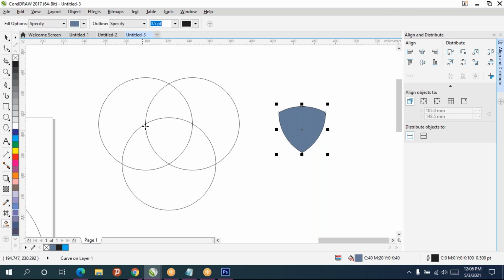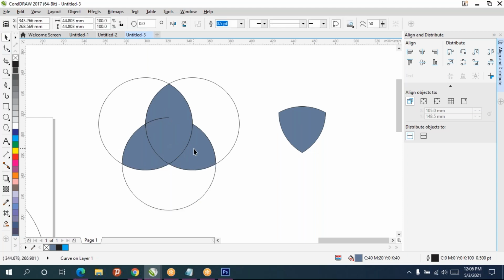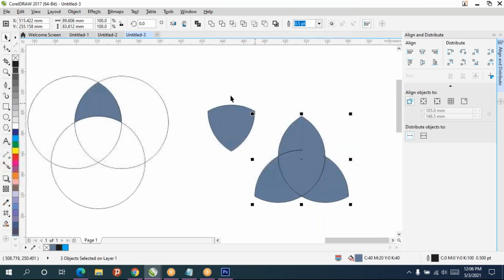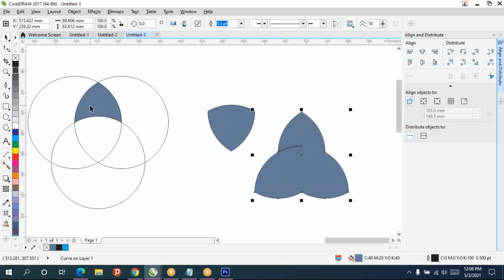Suppose if you want this, this and this, now take pick tool, hold shift key and select these objects, then move it. No need of group, just go to the shaping option. Last class we have seen, no, give weld. So now every object is a welded object.